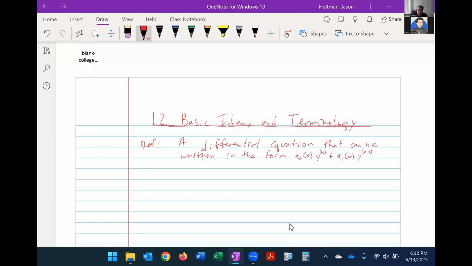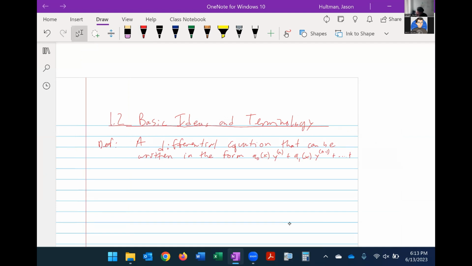That's why it's in parentheses, because it's a derivative. Plus dot dot dot plus a sub n of x y